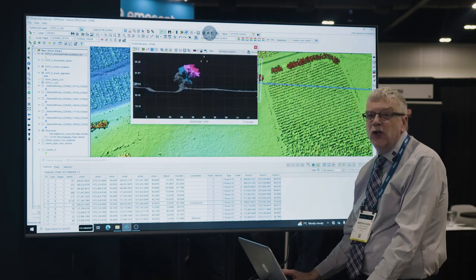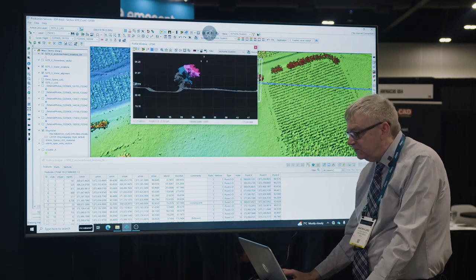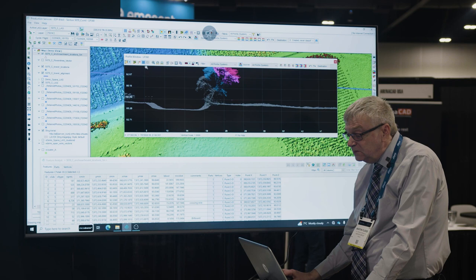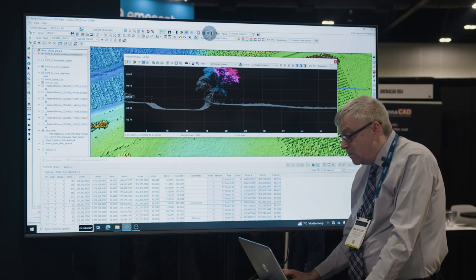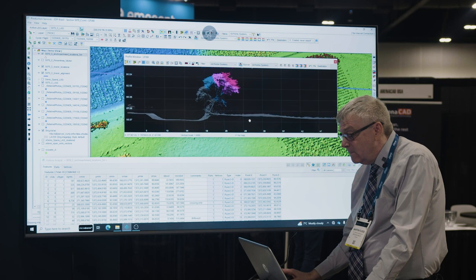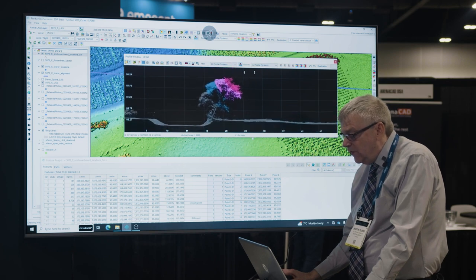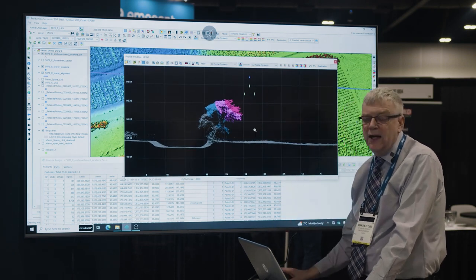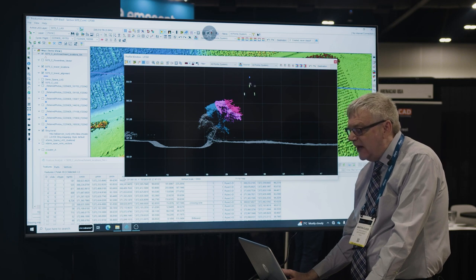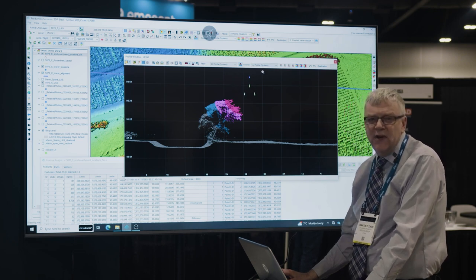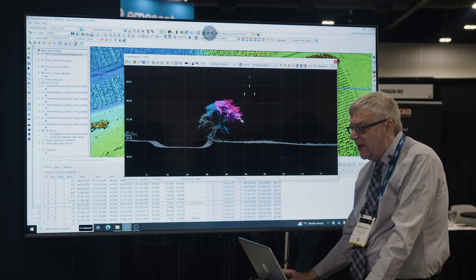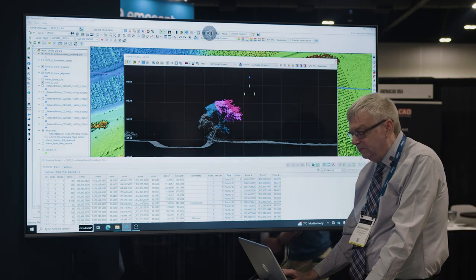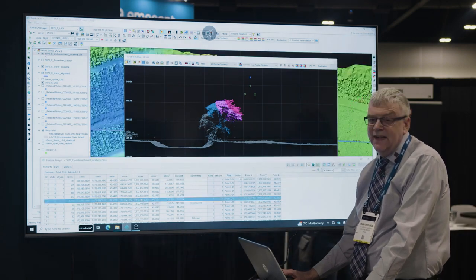So that I can see these as a vertical slice through the data. And so you can see in this particular case, we've got a tree, and remember this is a cross section or a slice through the cables. So we can see our wires, our catenaries here. This is actually that tower alignment vector I mentioned earlier. And these are color-coded based on their distance from those wires. And so as I move through my feature table down here, I can update in the map